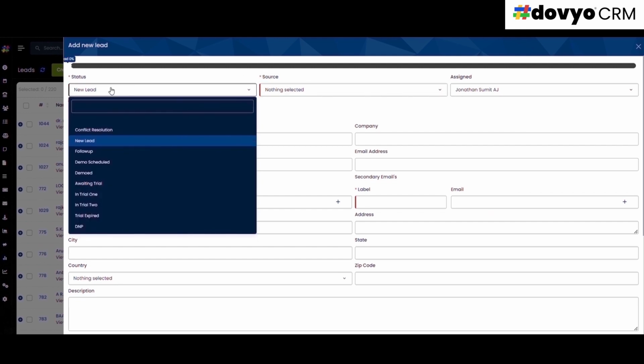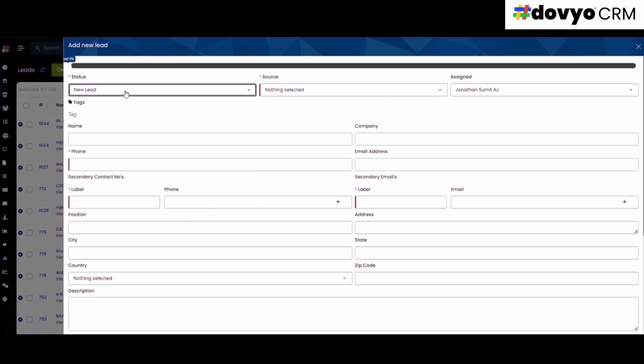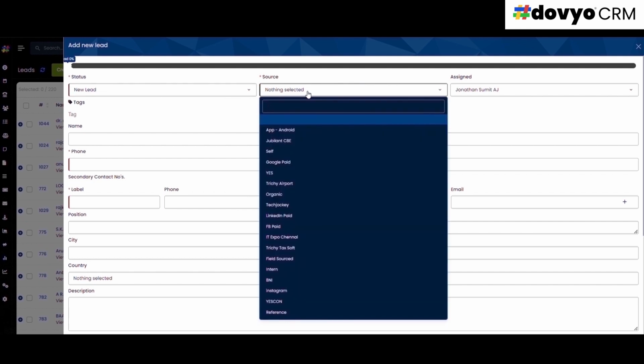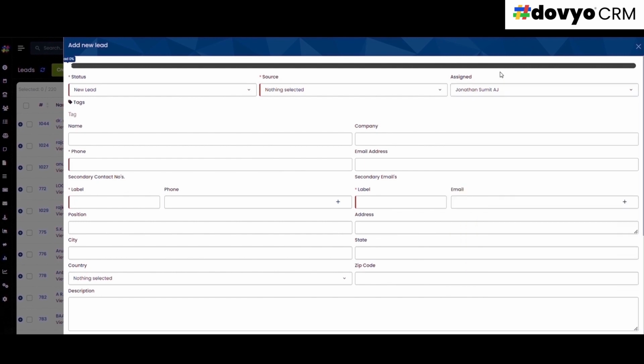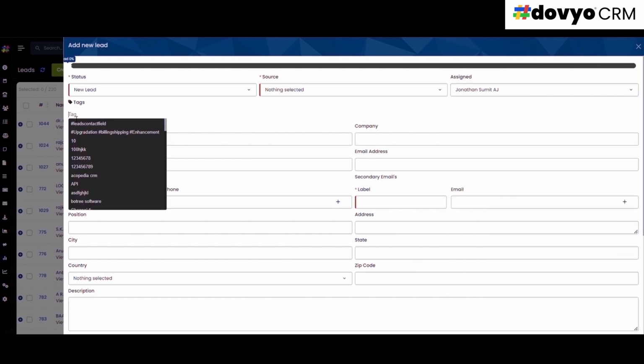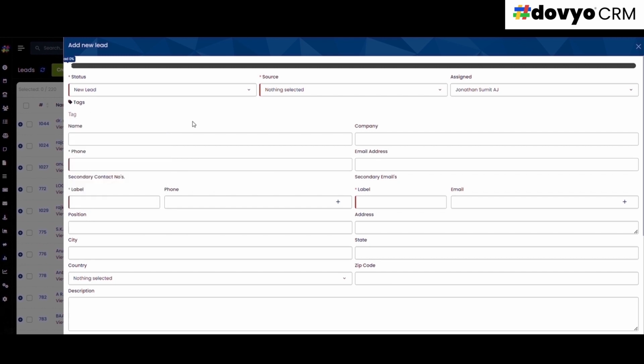So in the status, you can select any of the status you want to give, and also for the source. So this assigned field speaks of to which staff member this lead is going to get assigned. Using the tag, you can give certain kind of representation so that you can search a lead easily. So the names field speaks of the name of the lead